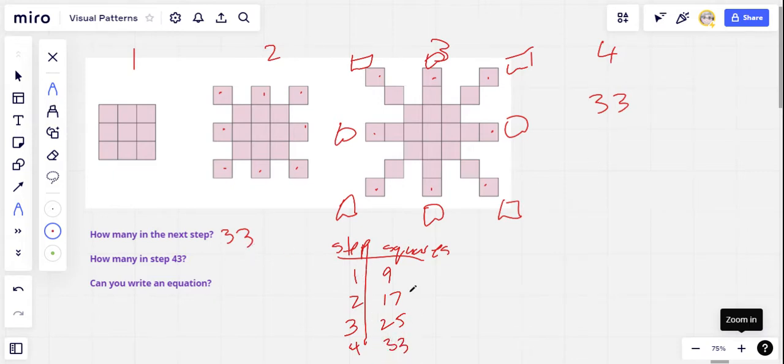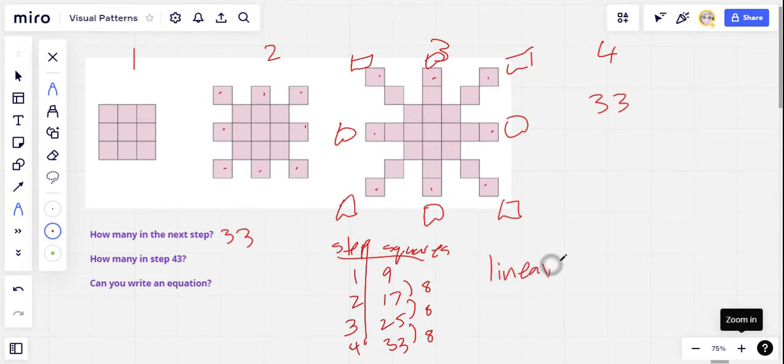Let's take the difference between each step, the difference in the number of squares. So 17 minus 9, that's 8. 25 minus 17, that's also 8. 33 minus 25, that's 8. And that should make sense, right? The difference between each step should be 8 because we're adding 8 in each step. And when the difference is a constant, it stays the same, this is always an 8, we know that this